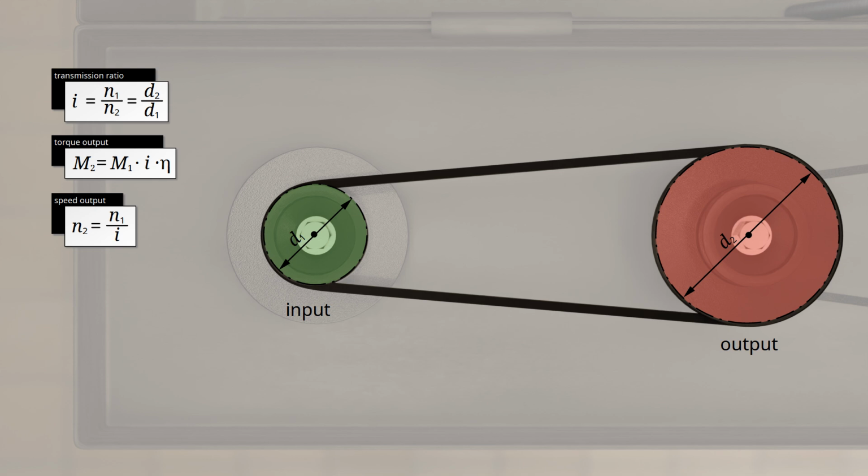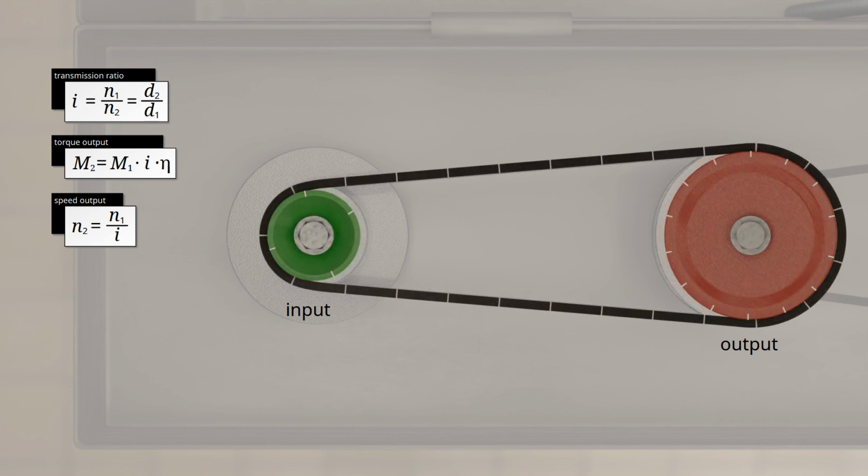Let us first look at the belt drive in an unloaded state. For better orientation, white lines are drawn on the belt at regular intervals. Under load, the belt is now stretched considerably on the side on which it is pulled over the drive pulley. The distances between the lines increase. This belt section is also referred to as the tight side and is under high tension. In the opposite belt section, where the belt runs off the drive pulley, the belt does not have to pull any load in principle. This belt section is called the slack side and is only under low tension. The distance between the lines is significantly smaller.